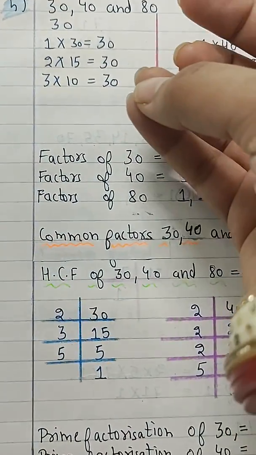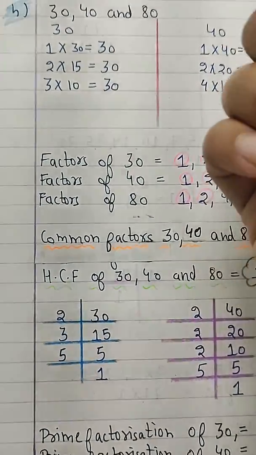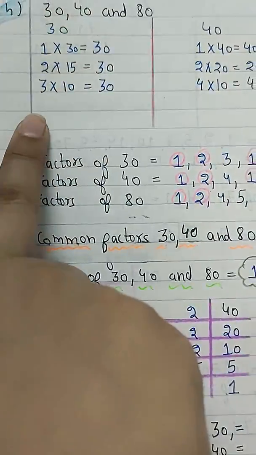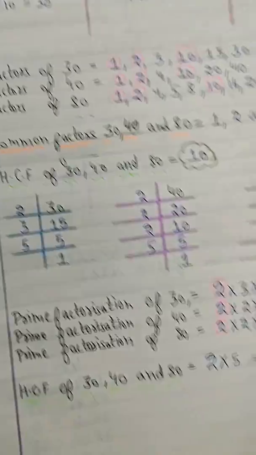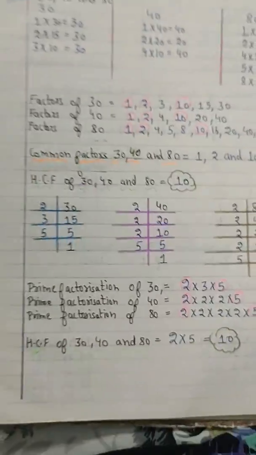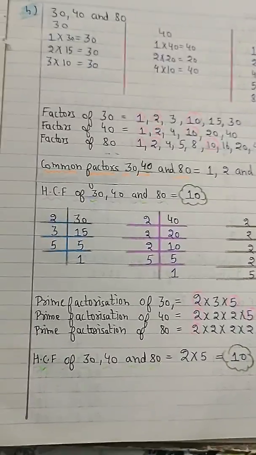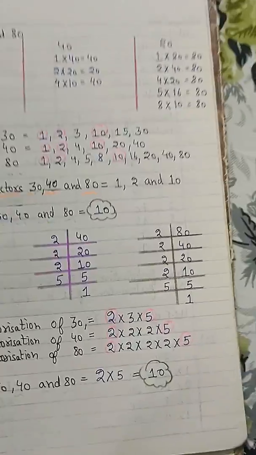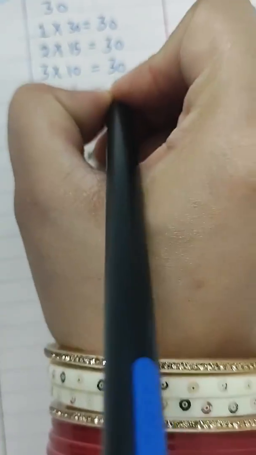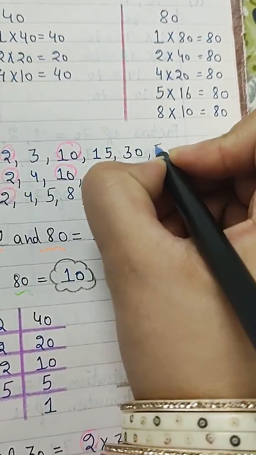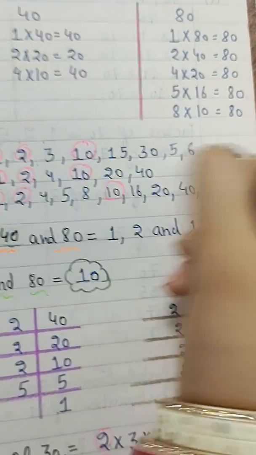Now if you check in any other table, we have other tables also. Suppose we have 5 into 6. Here 5 and 6 are not written, so I am going to write them also. 5 into 6 is equal to 30. So I am going to write that also. Okay, so we have got 2 more factors, that is 5 and 6.